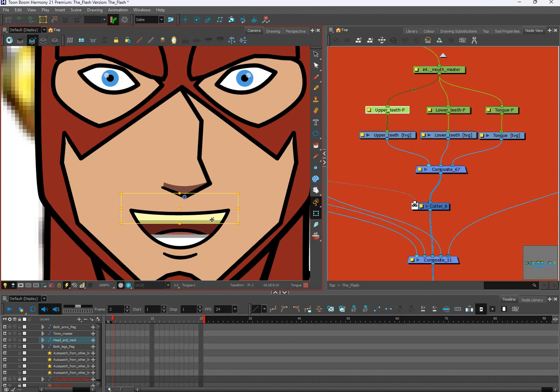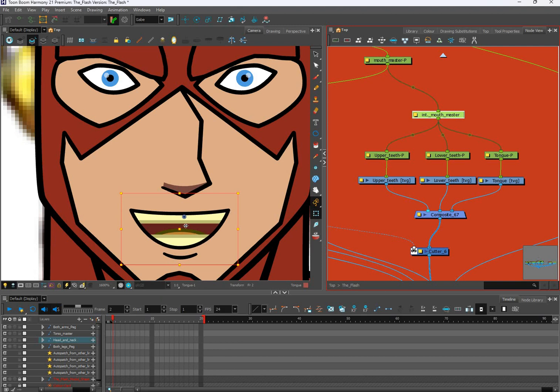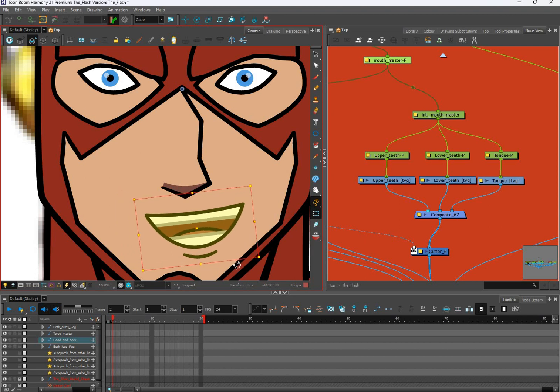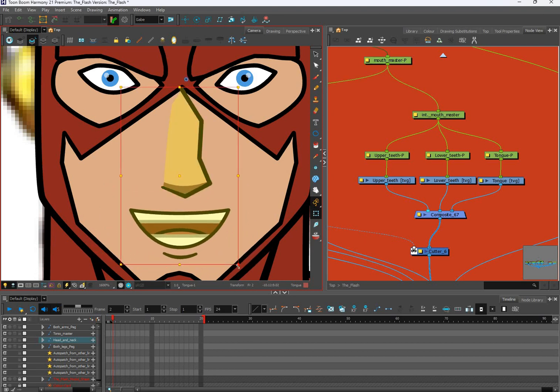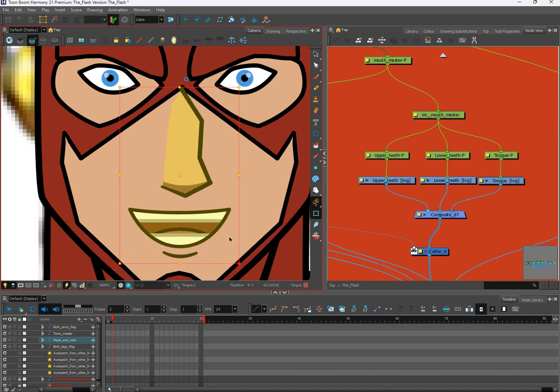And if I parent up, I can grab the upper teeth here. If I parent up, I grab everything that's inside the mouth. And if I parent up, it grabs the lips. So now I can move that. And if I parent up, it's going to grab also the nose. So sometimes when he talks, you can do that kind of thing. Depending on the show that you're working on, they might just want you to move the lips. So like, your teeth don't really squash and stretch when you talk, but